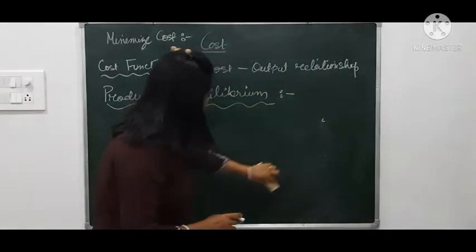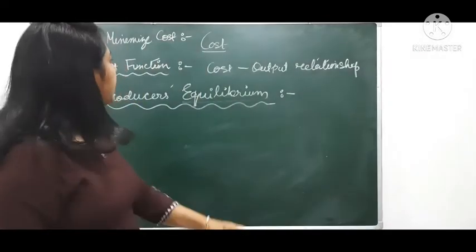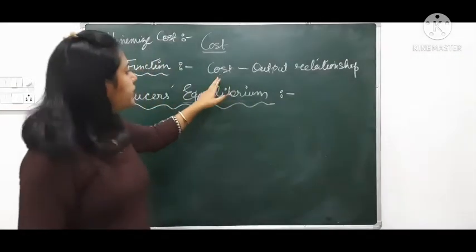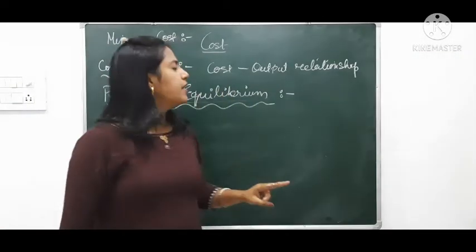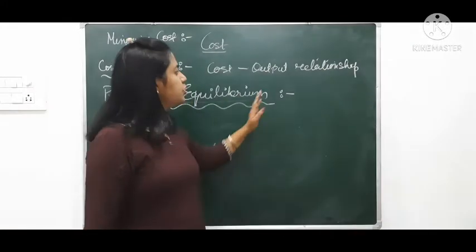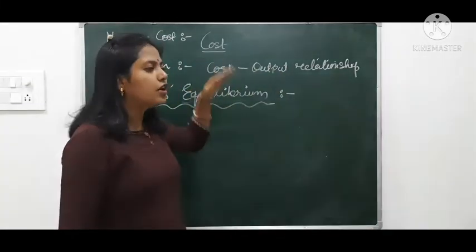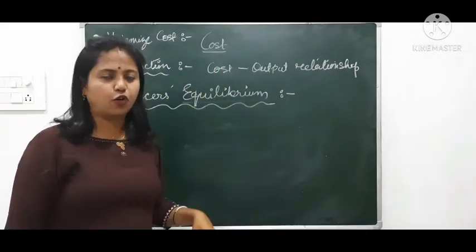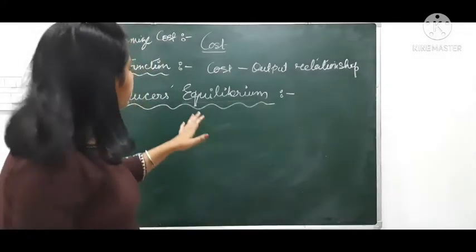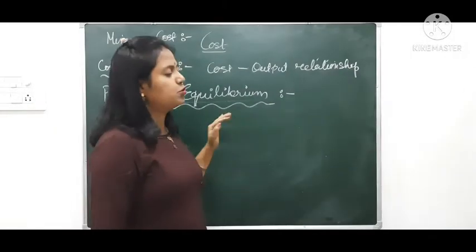For understanding when a producer will reach the equilibrium, we have to understand some more things. I hope the discussion is clear till this point: we have a cost, we know what the cost function is, the cost output relationship. We are considering capital and labor, and we want to use the cost in the minimal way but produce the output. We want to produce the output with a smaller and smaller amount of cost. When we are successfully doing this, we are at the state of equilibrium, which is the best position for me.